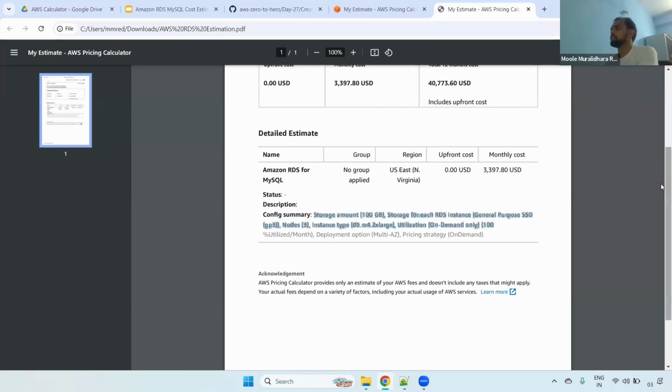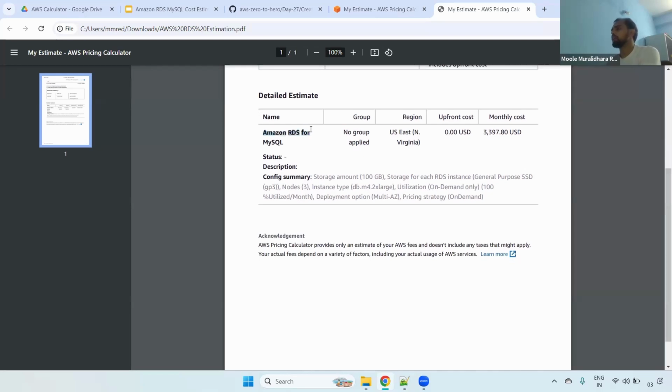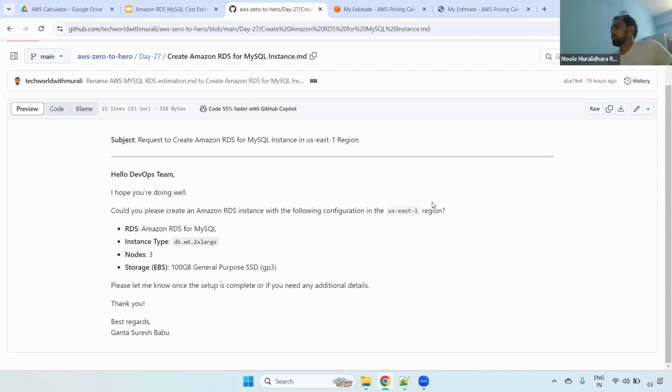Once we have done this estimation, you have to share it with your team lead or manager. Once we provide these details to your manager, your manager will review it. Once he gives the approval, you can start to create an RDS cluster. For creating the RDS cluster, you will ask the DBA team what the name is, and where exactly we need to create it, whether it is production or not. Those things will be used. We will be asked on demand, and then we will create it either manually or using a Terraform